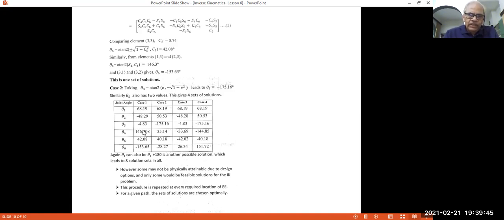That is one set. Actually, you get another set because at theta 2, we have used only plus. If you take minus in the place of that in the calculation of theta 2, that will lead to another set, which will be probably this. And again, here at theta 5, you got only plus. You used plus and got the solutions. If you used minus here, that will lead to another set of 2 more solutions. So you get 4 solutions.